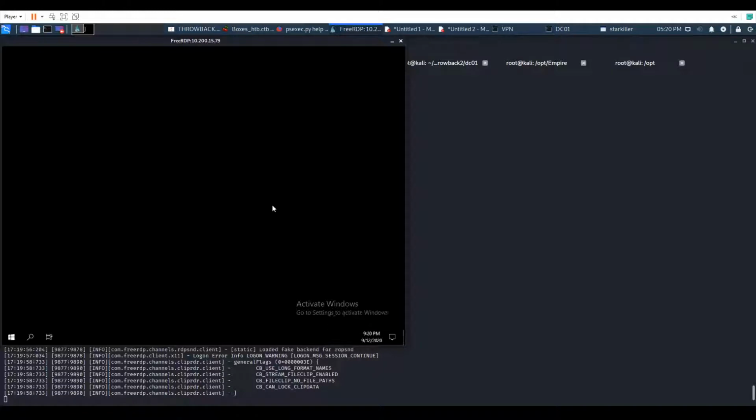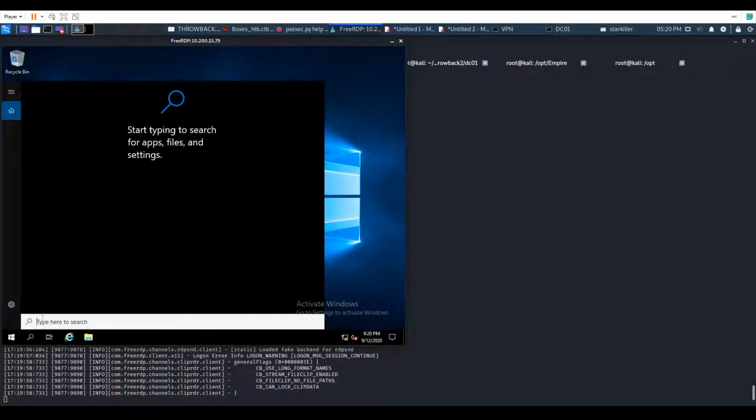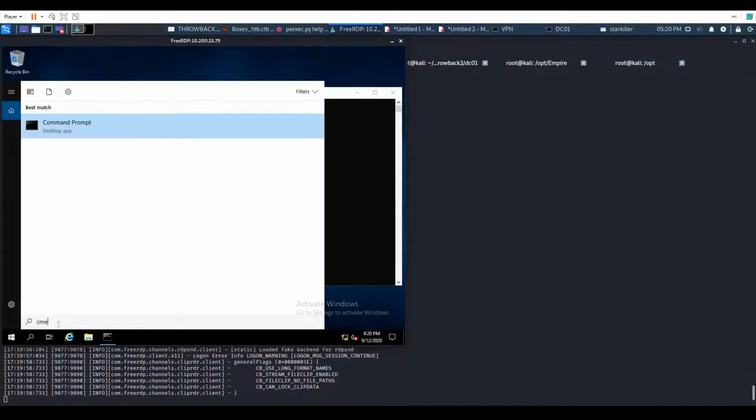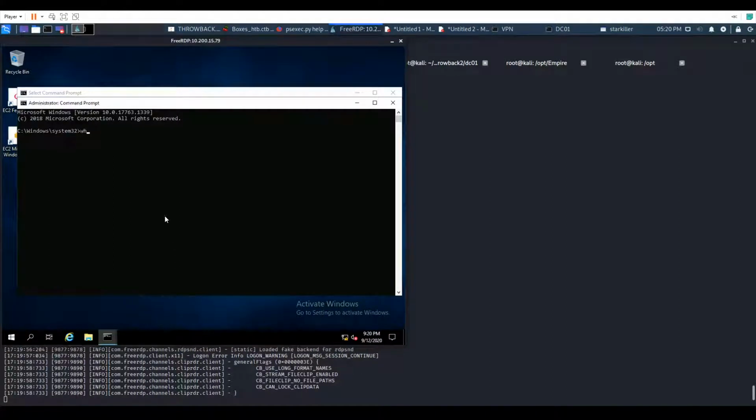So what do we have? We have hashes, but apparently I'm not able to use them. Okay, and I'm going to check one more thing. CMD, run as administrator. Yes. It was the whole thing. It was the whole thing, because